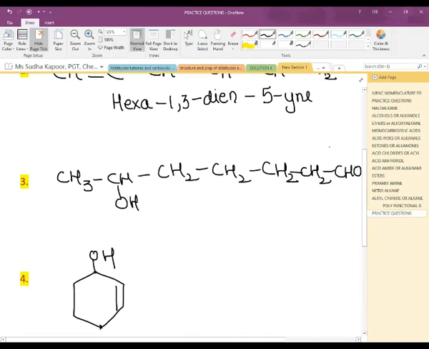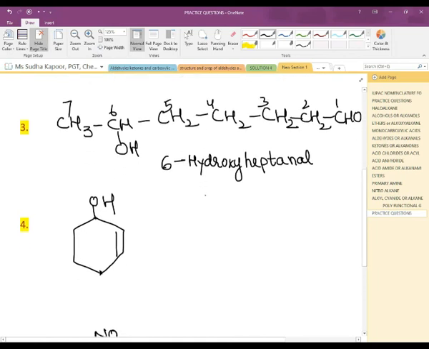For the third one, in this case, the two functional groups are CHO and OH. We know that CHO has to be given preference over the OH functional group. So we will number it as 5, 6, and 7. On the 6th place, it is present the hydroxy. OH is known as hydroxy when it is not the main group. So 6-hydroxy. For 7 carbons, we will call it heptanal, aldehyde. Then we will call it 6-hydroxyheptanal.